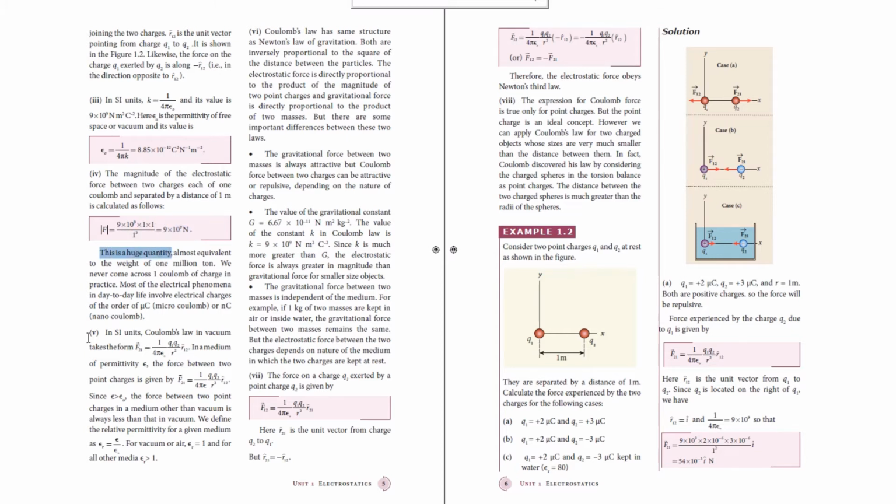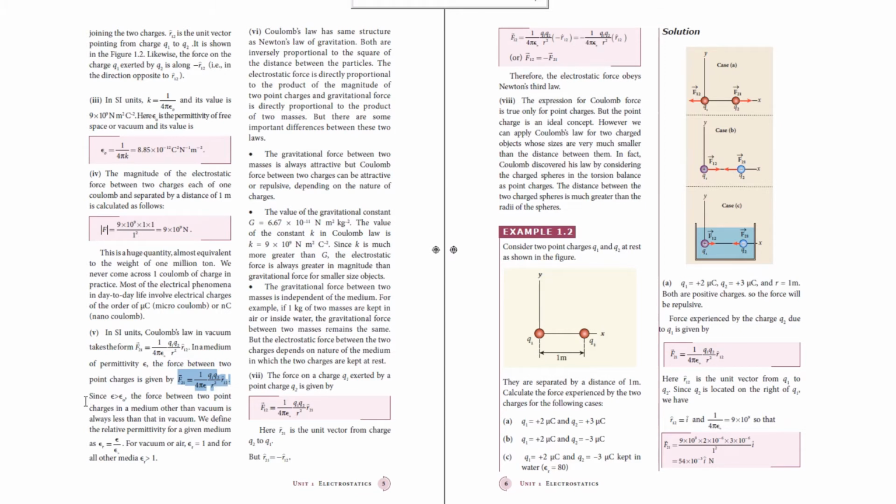Right, now coming to the fifth point. In the fifth point, first we will deal with the formula of Coulomb's law in vacuum and then Coulomb's law in medium. So first thing we will deal with Coulomb's law in vacuum. What is the formula? Vector F21 equals 1 by 4 pi epsilon naught Q1 Q2 by r square r cap 12. And in case of medium, that is permittivity epsilon, the force is how much? Vector F21 equals 1 by 4 pi epsilon Q1 Q2 by r square into r cap 12.